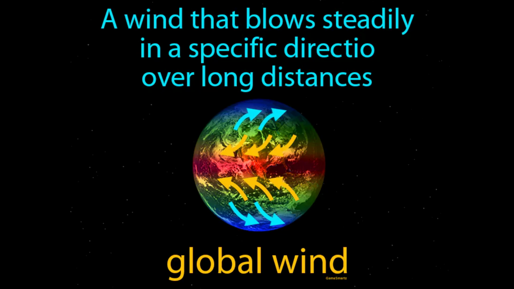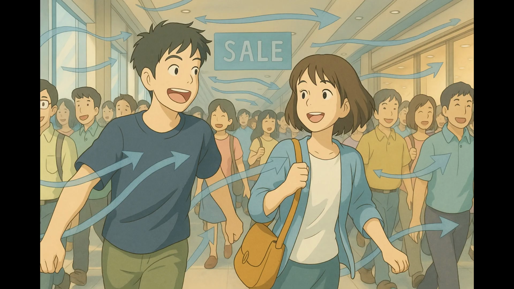A wind that blows steadily in a specific direction over long distances. Global wind. Global winds are large-scale wind patterns that move across the Earth, influencing weather and climate. Imagine trying to navigate a crowded shopping mall where everyone is moving in the same direction towards a massive sale. Just as you find yourself being swept along with the flow of people, global winds consistently move in a specific